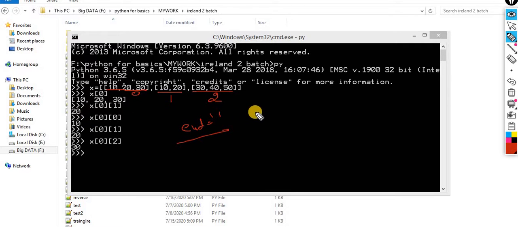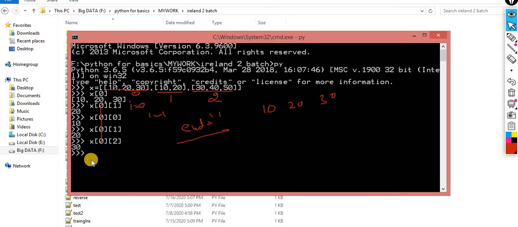So you will get the output exactly in the same manner, 10, 20, 30. And after completion of this statement, the I value, earlier the I value is 0, now the I value becomes 1. So this time what output will you get in the next iteration when the I value changes? X of 1, you will get 20. This time this loop should run only for 0 and 1.